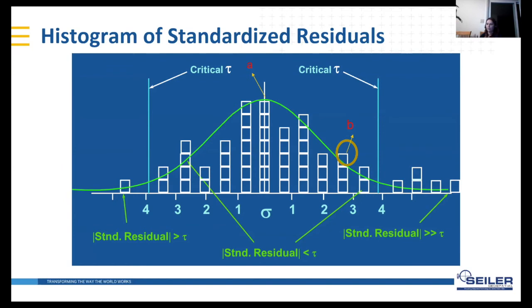Imagine you have 5 to 10 observations with similar standardized residuals, between sigma values of 1, 2, 3, and they are spread like this and distributed in the histogram.